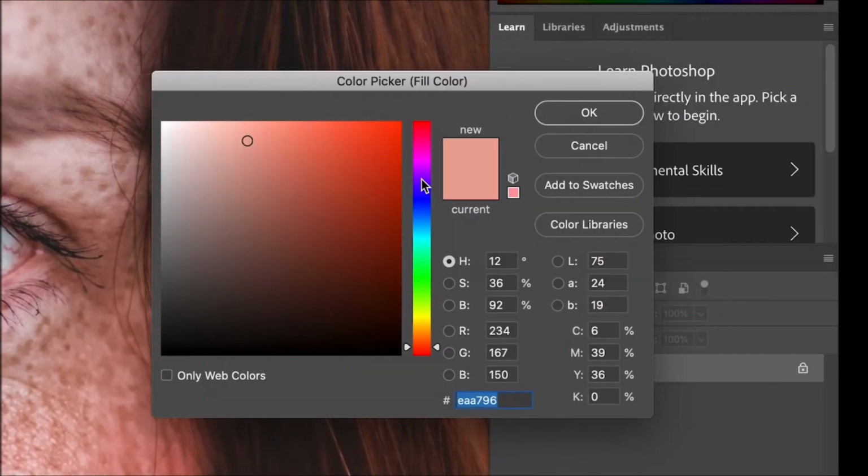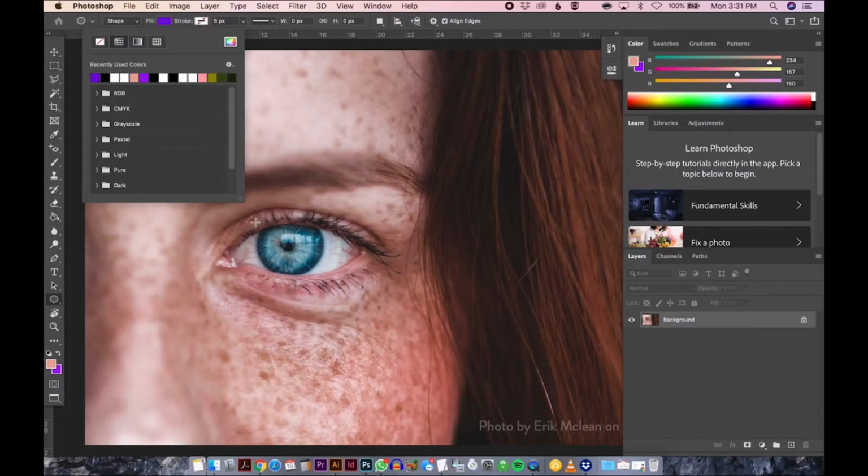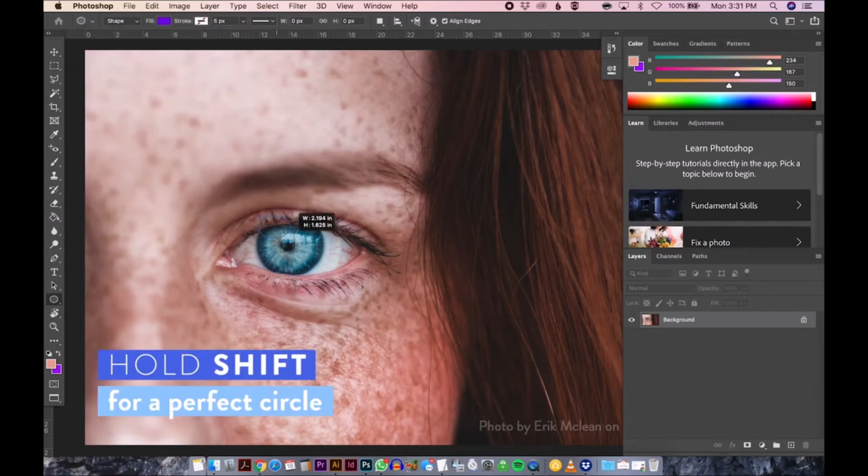And now with my color picker option open, I'm just going to click anywhere here on this color bar, find something that feels like a deeper indigo, dragging my cursor over. Let's get something really saturated. Perfect. I'll press OK to set that color. And now I'm going to click and drag to create a circle over her iris. And I'll hold down Shift to make sure that it's a perfect circle, dragging that out so it feels pretty